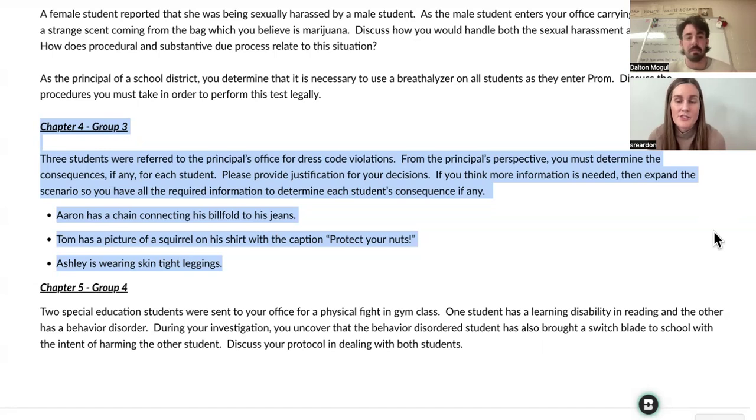I would also look at the chain to determine if it was a safety concern or a potential disruption. I would also look at his past behavior, such as has he been in trouble before for violating the school's dress code, or would this be his first offense? So I said I probably need all those answers before I can actually give a proper consequence. Yeah, I guess it's kind of how I felt about all of them.